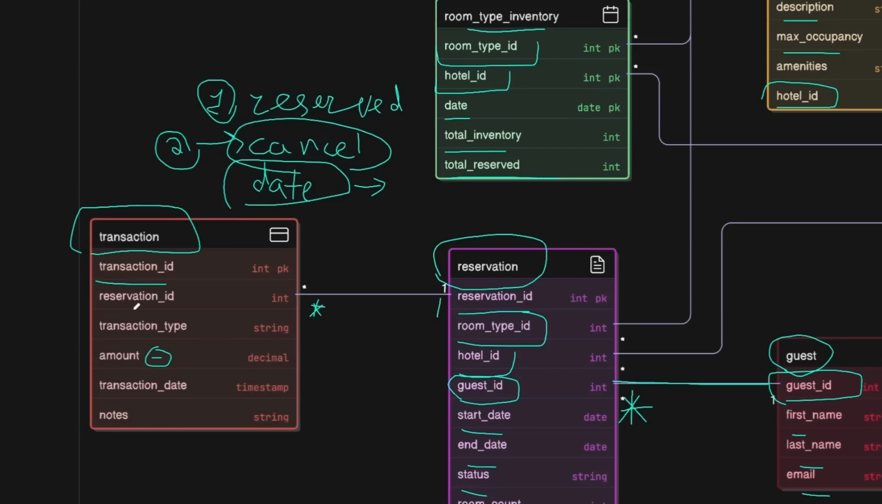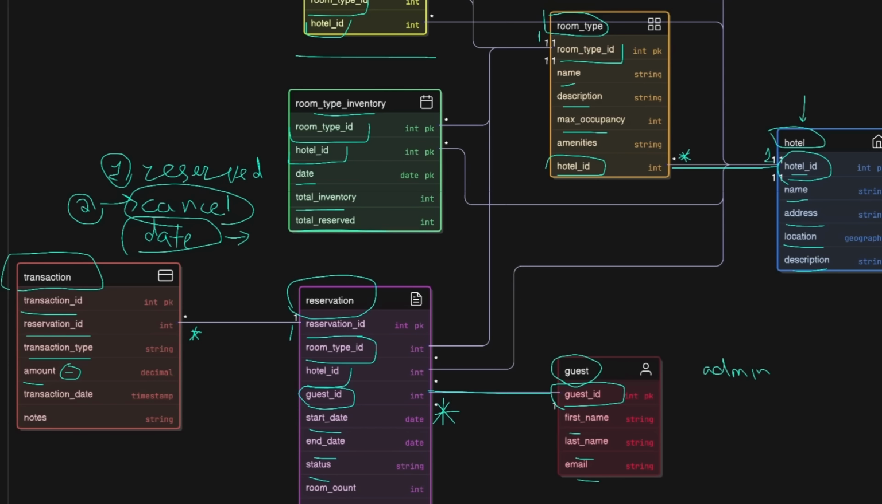where we will track the ID of the transaction, which reservation does this belong to, the type of the transaction like refund, change, or the new transaction, and the amount, which can be both a positive and a negative number. With this schema, the room type inventory table has one row per hotel, room type, and date combination. We will pre-populate this for the next 2 years, and then a daily cron job can add new dates as